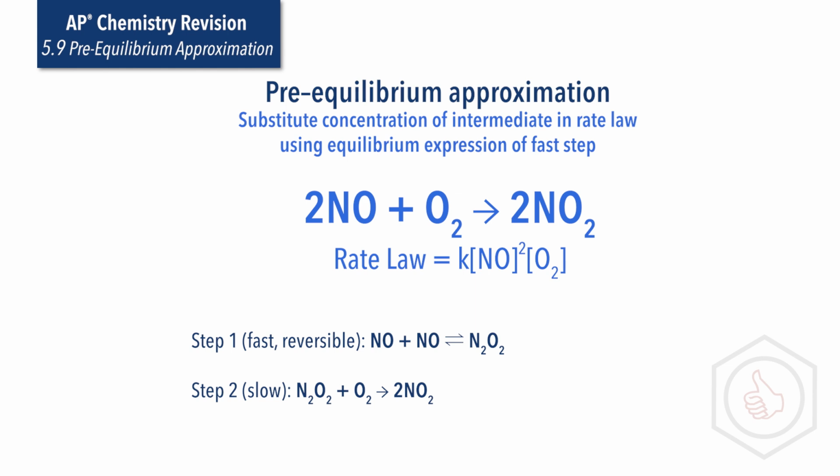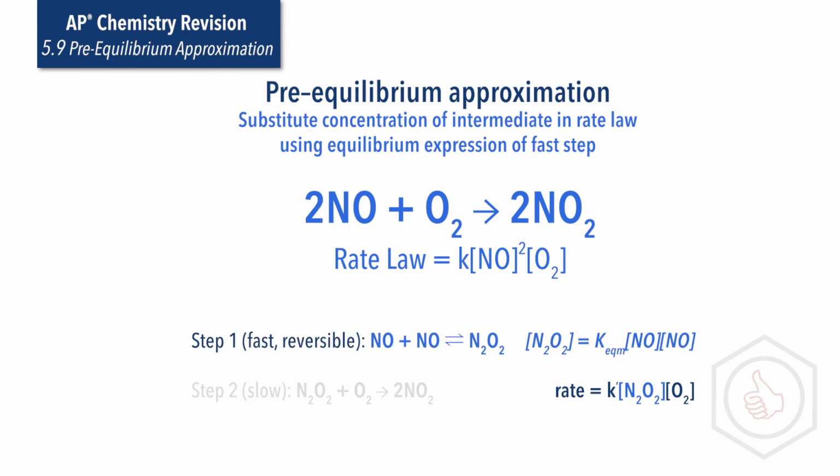Now, a rate law for the second slow step would be rate equals a constant k multiplied by the concentration of the intermediate, N2O2, multiplied by the concentration of O2. Now, the problem is the intermediate here, N2O2, isn't a reactant, so we can't include it in the overall rate law. However, the concentration of the intermediate, N2O2, is going to be based on the equilibrium between the NO reactants